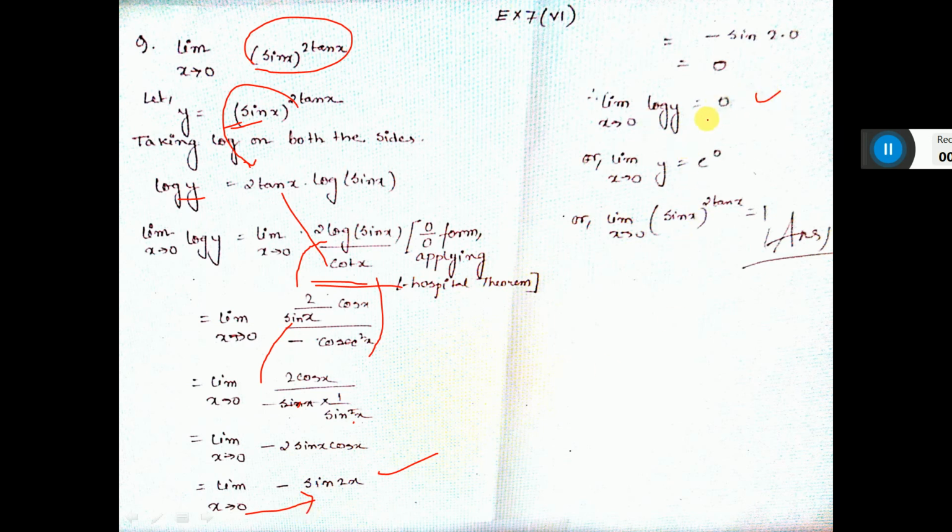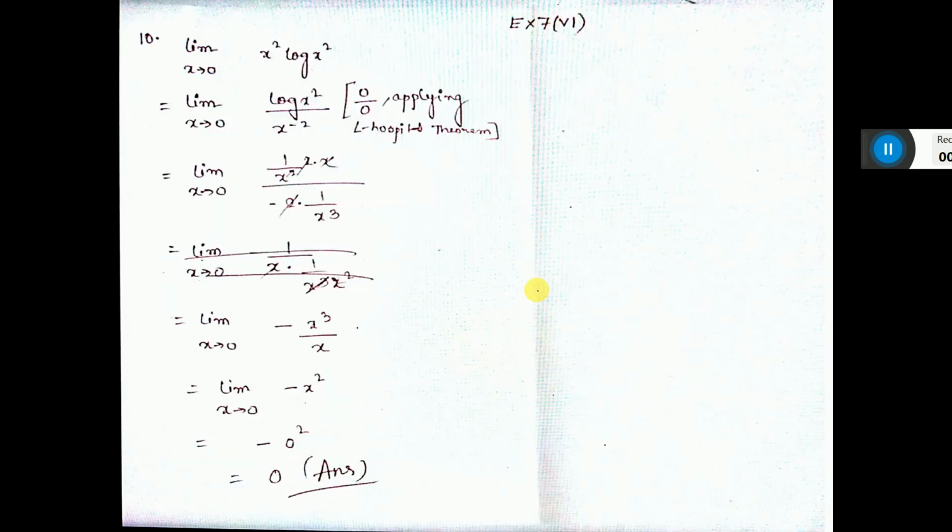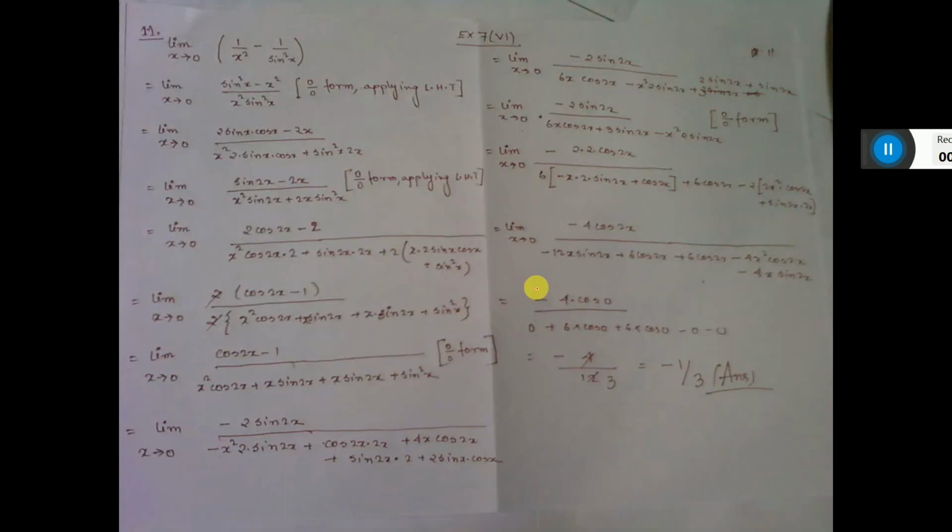If you remove the log, actually it is e to the y base e. If you remove log, then 0 will come and y will go that side, y equals e to the power 0. So e to the power 0 means 1. Now put the value of y here. You consider y, this value y you put here, the answer is coming. This sum, you see, it is a very big sum. You can understand, I think.